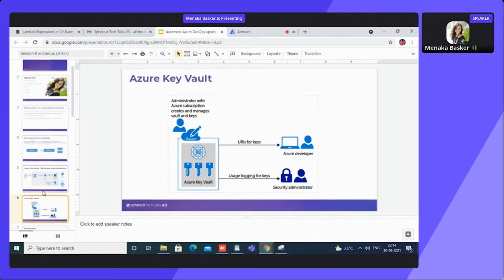If I am an administrator, I can use the logging for the key and other related stuff. An administrator with an Azure subscription can create and manage the vaults as well as the keys. As a developer, I can receive only the URI for the key. That is enough and sufficient for me to perform the action. I don't need to create and manage; as a developer, that is not needed.